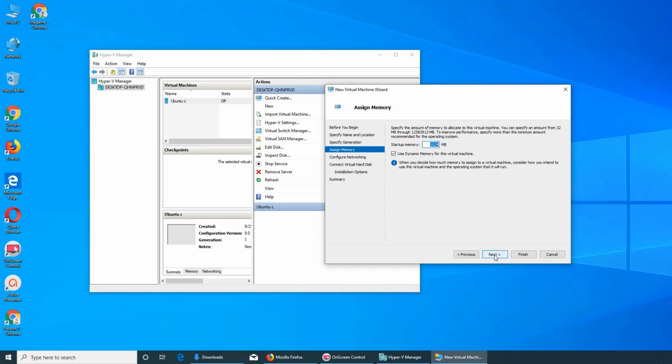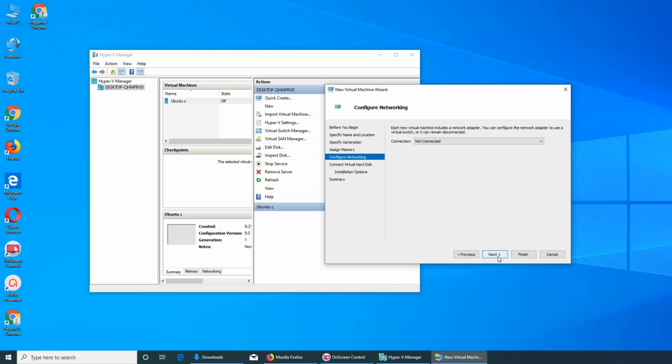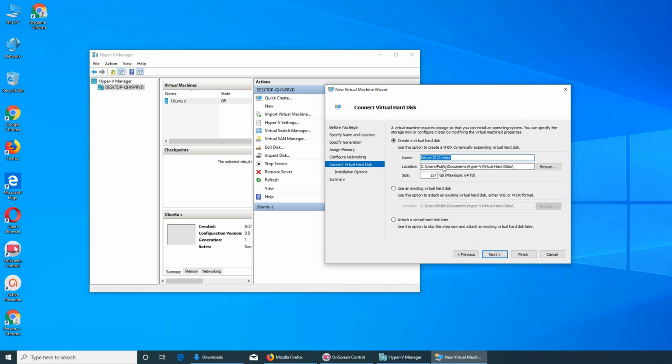We're gonna give it at least 4096 memory, and we're gonna make it the default switch. We're gonna make the disk 50 GB, and